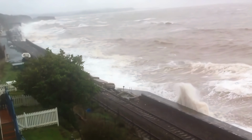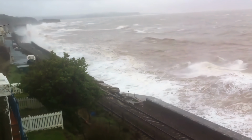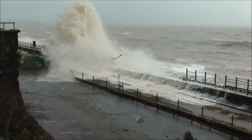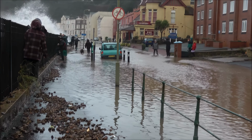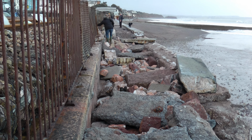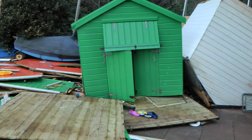100 metres from the breach, where our San Remo cam was being installed, this was the view from the balcony. A little further down the track, the wooden platform at Dawlish Railway Station was also getting a battering from the waves, and Marine Parade was like a pond. On the other side of the railway line, the damage was clear. This is the southwest coast path, and the beach huts around the corner at Boat Cove had blocked the footpath